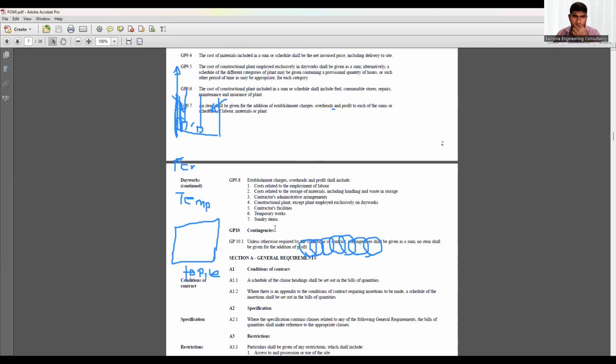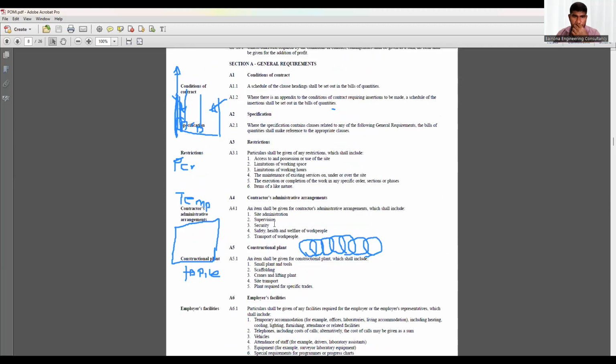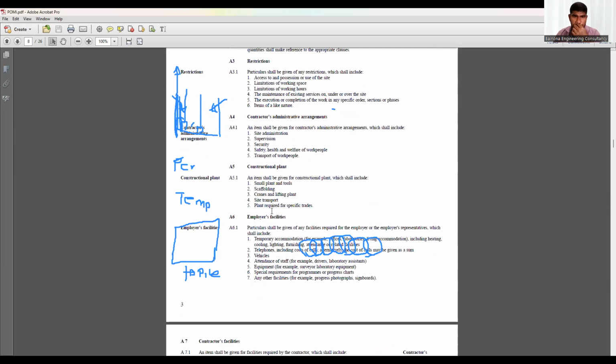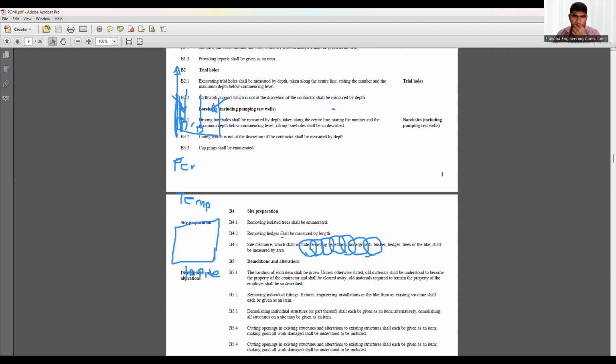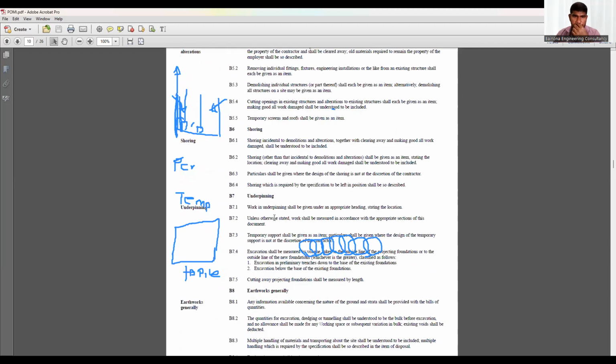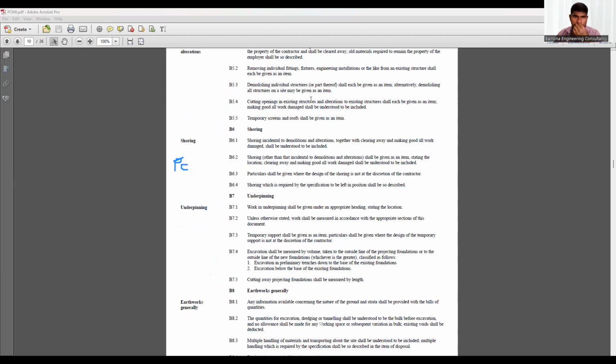Let's see what we have seen here about the piling construction plan. That is A, B, site preparation, demolition, shoring. See here what we learn about the shoring now. I will just show you the important things, how to measure it. We'll see about shoring. This is B6 under the site work. B is the site work, and this is section 6.